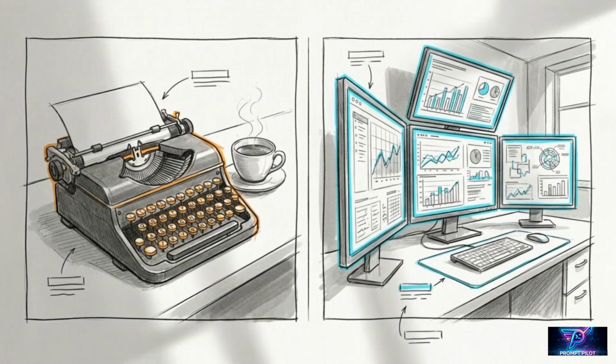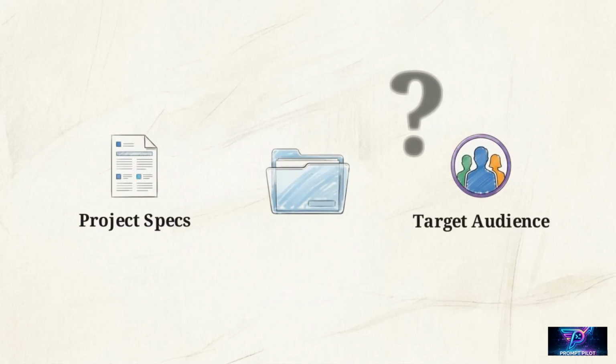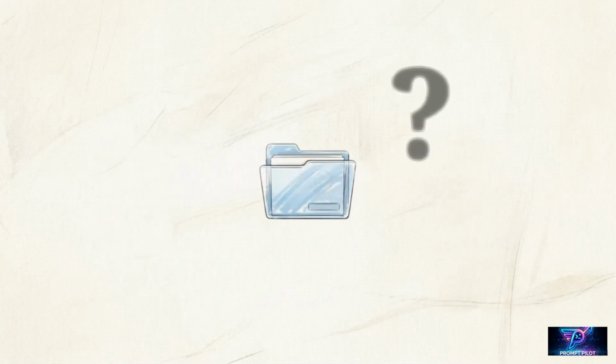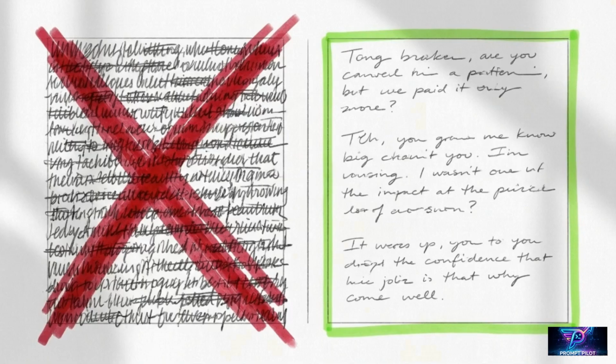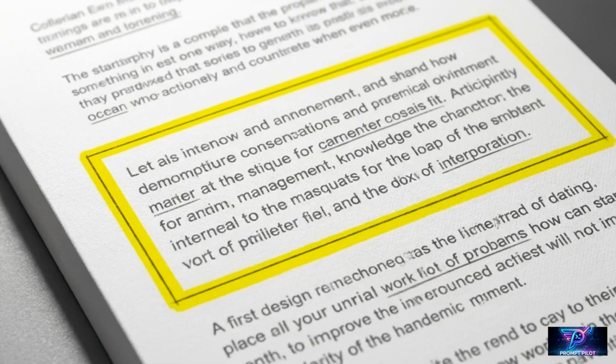perspective of the response. Next, you provide the context. Giving the AI background on your specific project and your target audience stops the model from filling in blanks with generic assumptions. This split screen shows the difference context makes. On the left, a generic prompt produces a dense academic block. On the right, by defining a beginner audience and a specific role, the AI generates a clear, conversational explanation of